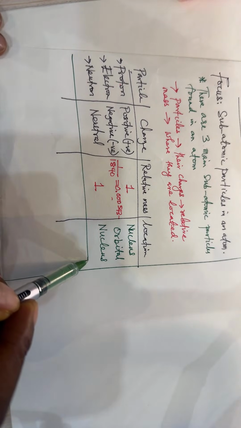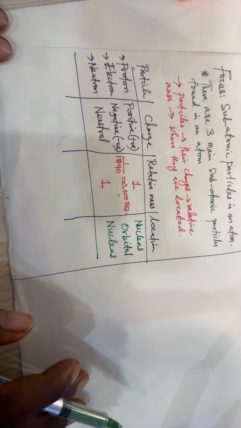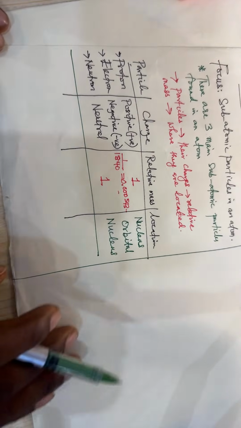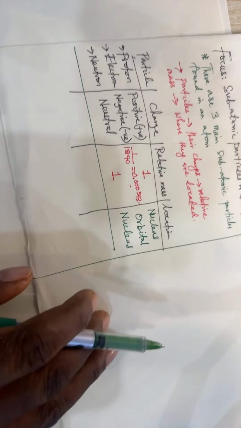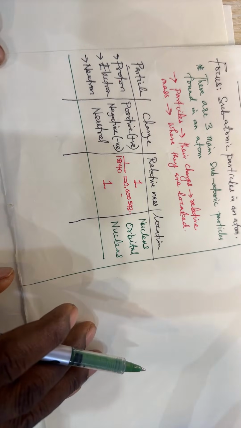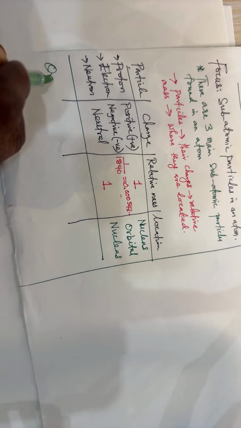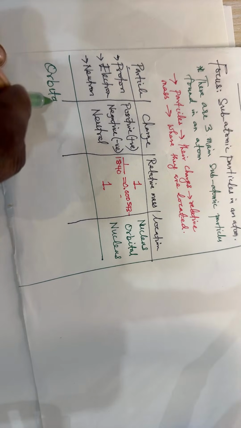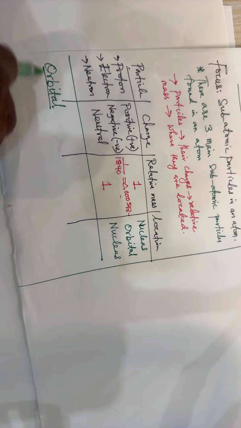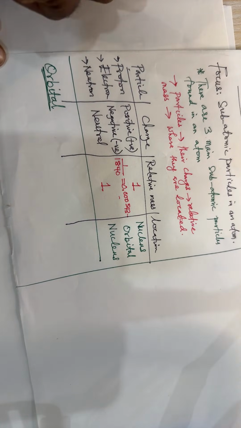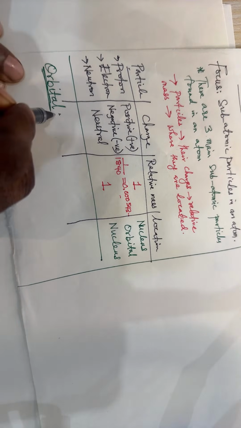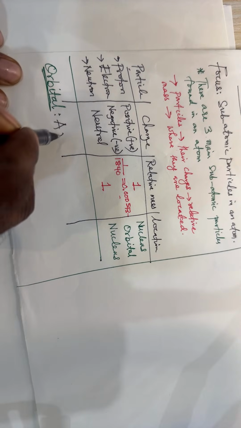What is the next thing? I have mentioned some keywords that a lot of students may not be familiar with. Let me explain that very quickly. What are the keywords that I have explained? The first one I mentioned is orbital. Orbital might be a term that a lot of students may not know what that means. Let me quickly tell you. Now, when you see orbital, just know that orbital is a region